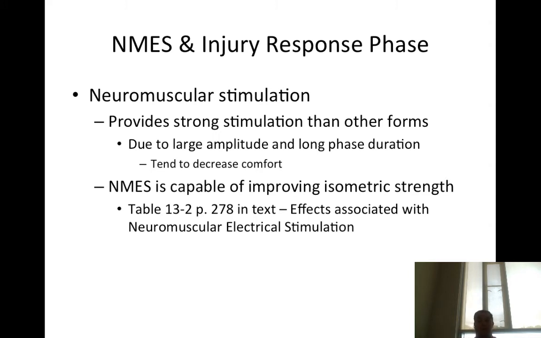Neuromuscular stim provides stronger stimulation than other forms of stim, due to larger amplitude and longer phase duration, though that tends to decrease the comfort level. It's capable of improving isometric strength. So